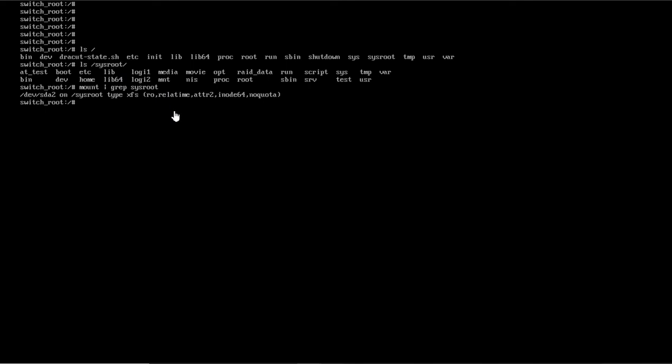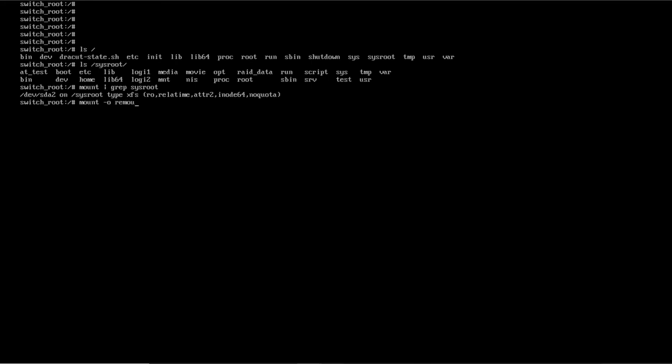So the first thing you have to do, whether you want to change the password of root or change any configuration for troubleshooting, is change this read only to read write. For that you will use the command mount with the option -o, and the option I will give is remount.